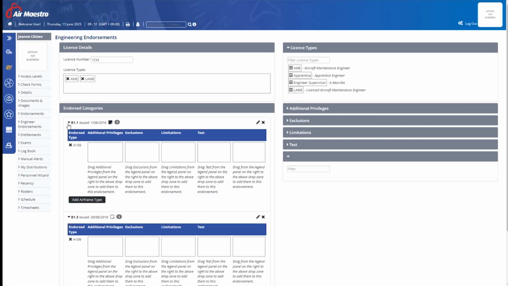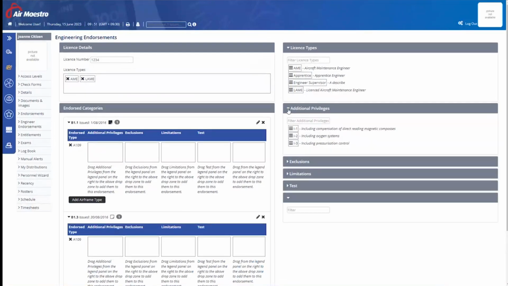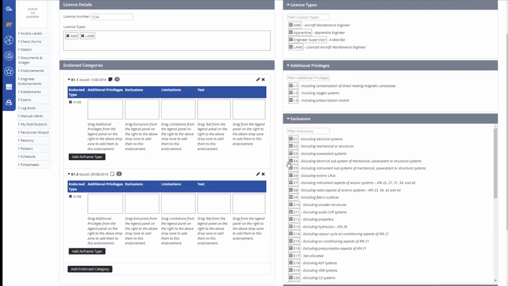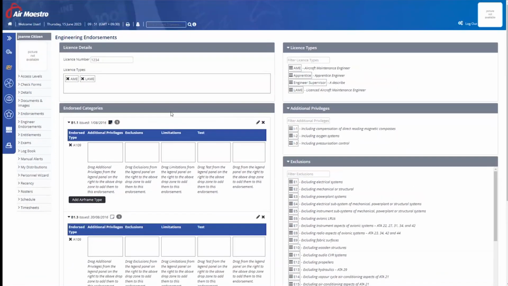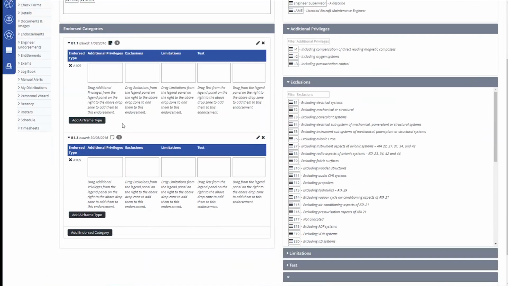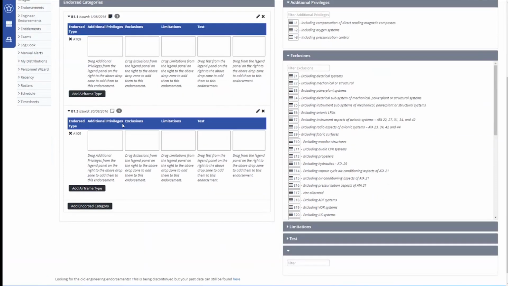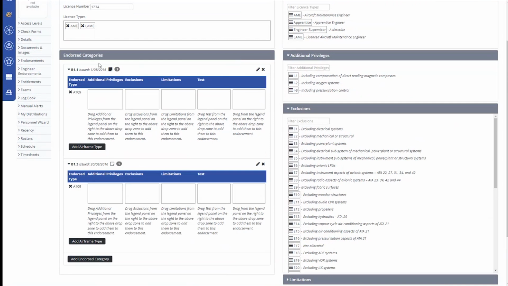Now, engineering endorsements has actually been in the site for a while, so I believe we may have a webinar explaining those as well. So I won't go into too much detail about this screen, but if you set up, say, your license types and your endorsements here, it will then reflect that